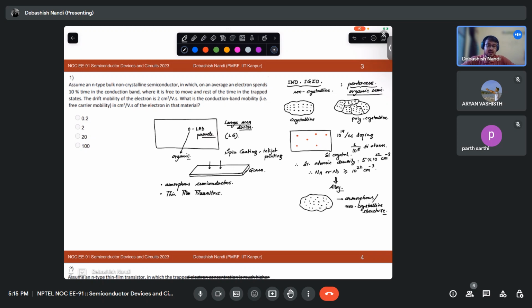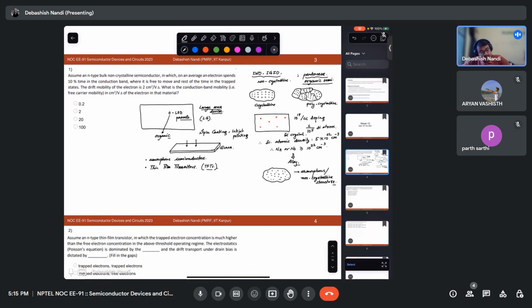In case of our conventional silicon or CMOS process, we have MOSFETs, right? In this case, these are TFTs. So there is a whole different branch of courses dedicated to this. So the point I was trying to make is that